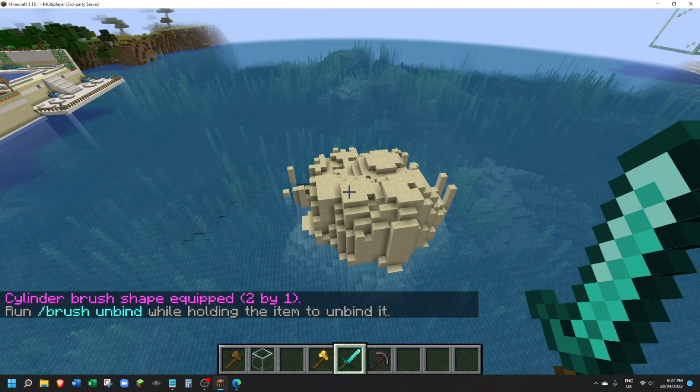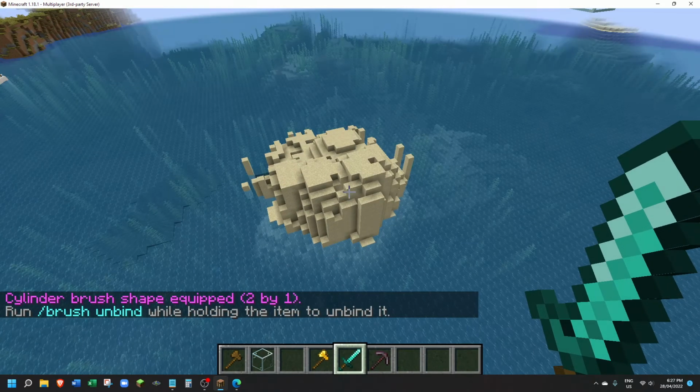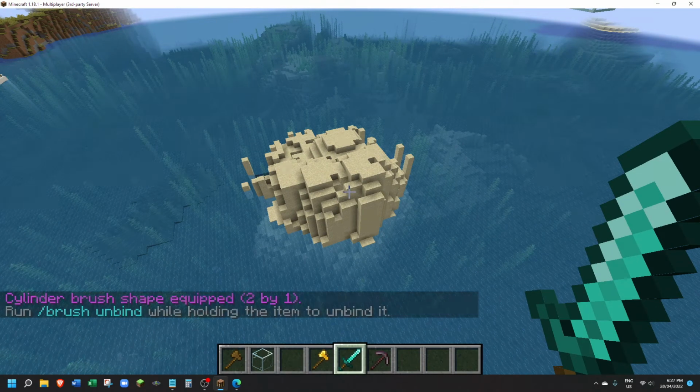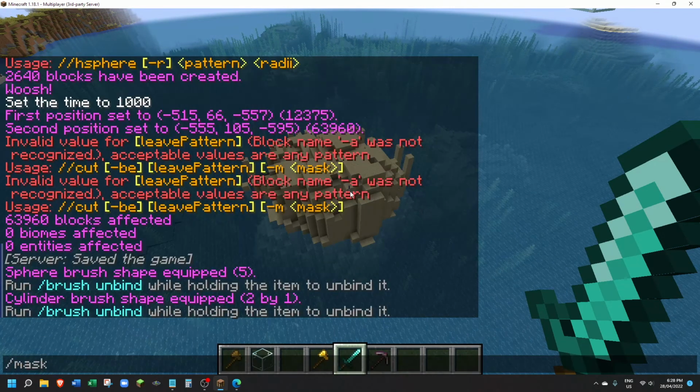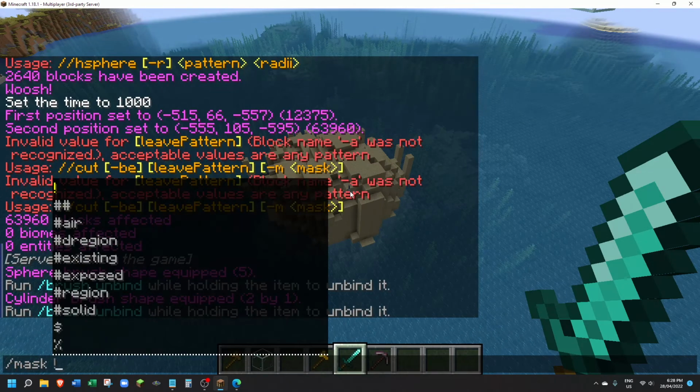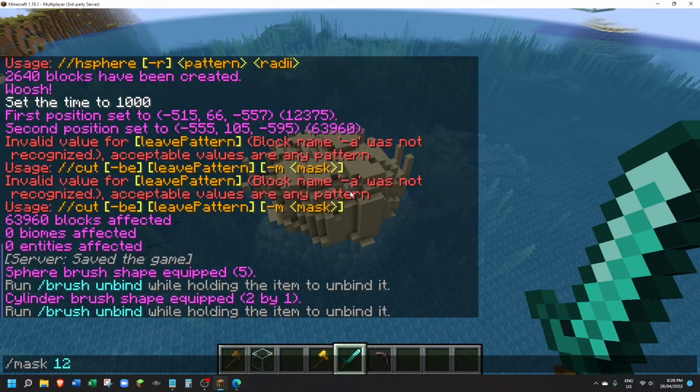Okay, and I do not want to delete the water, so for this tool only, I'm going to create a mask. A mask is very simple, we'll discuss it later, but you would just go //mask, and I want to mask the sand,